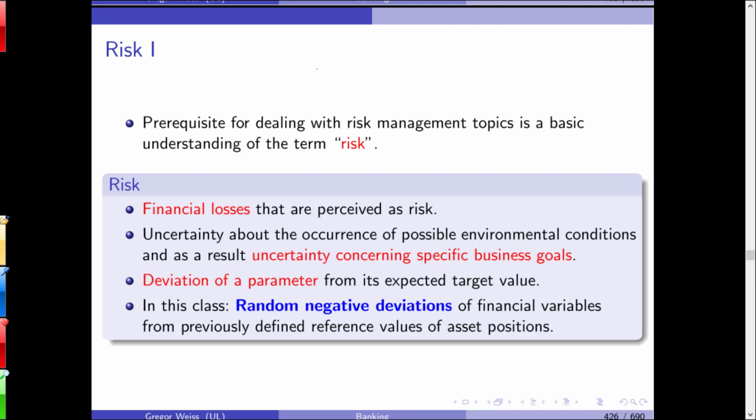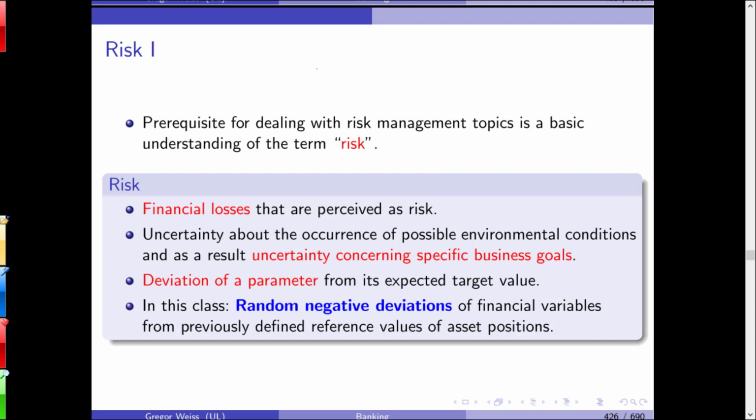Well, in this class, in almost all classes we have here in banking and finance, risk is understood, first of all, as financial risk. We are not interested in reputation risk, in the risk of your company going out of business because you're not able to sell enough pizzas, but we talk about financial losses. You have a position, you have an investment, or entered some type of contract, and because of this contractual obligation, because of your investment, you might suffer a financial loss at some point in time. So we concentrate on financial losses. These are perceived as risk.